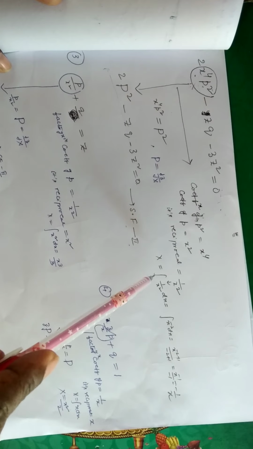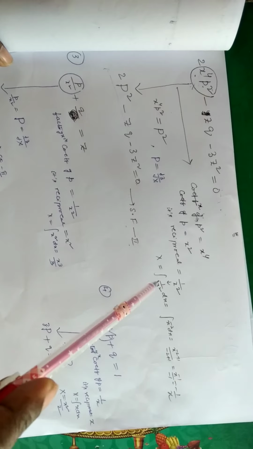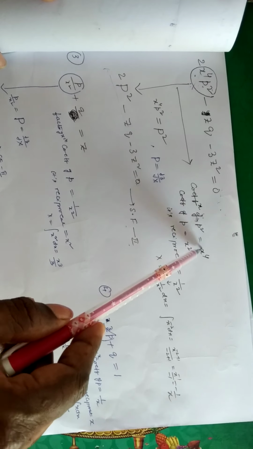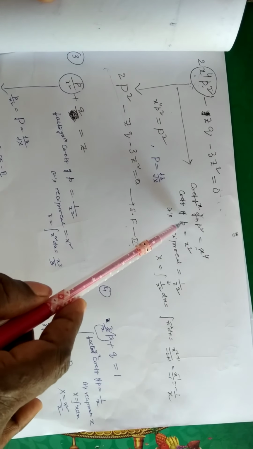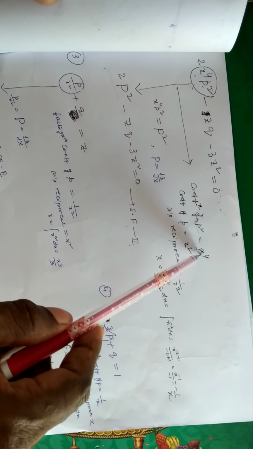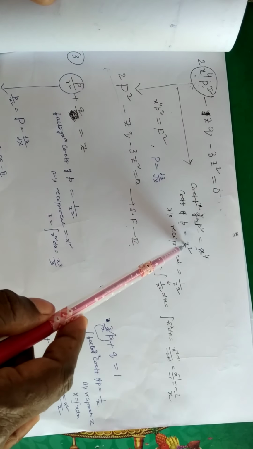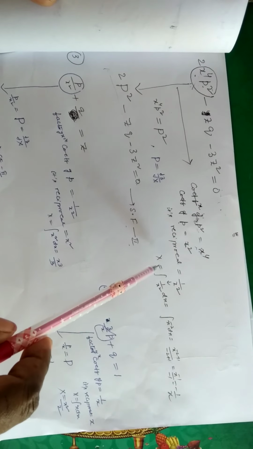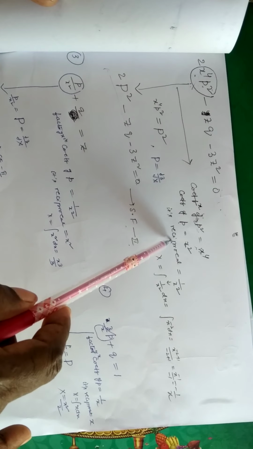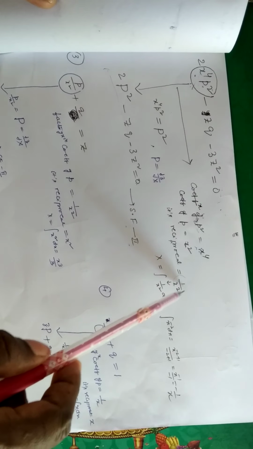The formula for capital X is the integral of the reciprocal of the coefficient of p. Here the coefficient of p square equal to x power 4. From this, the coefficient of p equal to x square. We require the coefficient of p, that means only x square. In the capital X formula, we do not directly take the coefficient, we consider its reciprocal, hence its reciprocal is 1 by x square. Hence capital X equal to integral of reciprocal into dx.